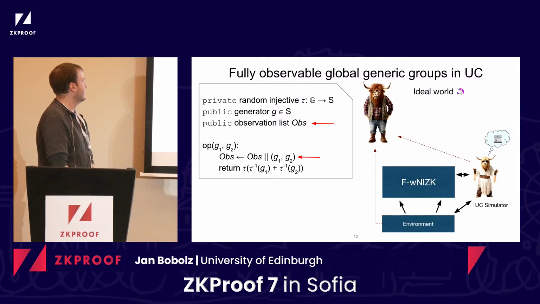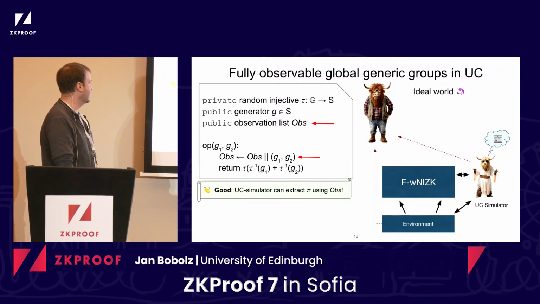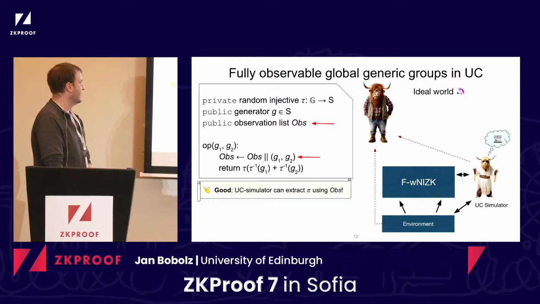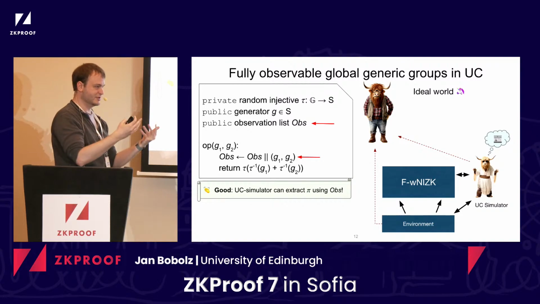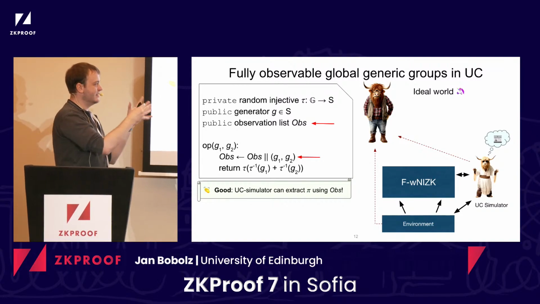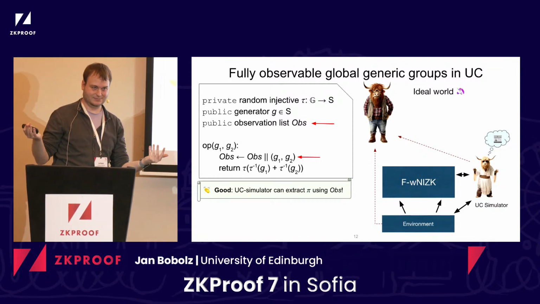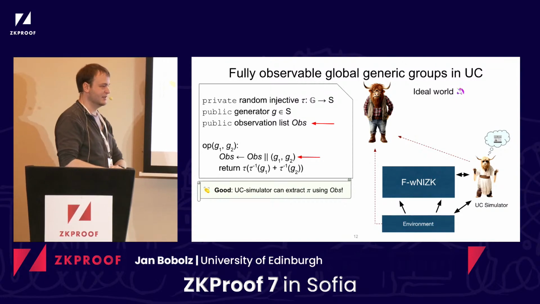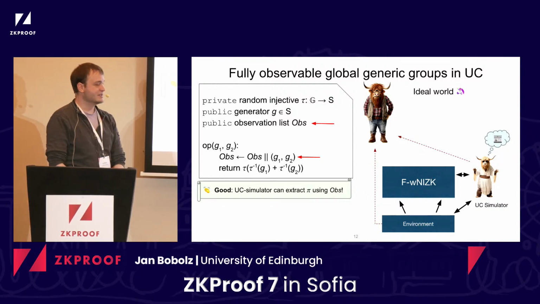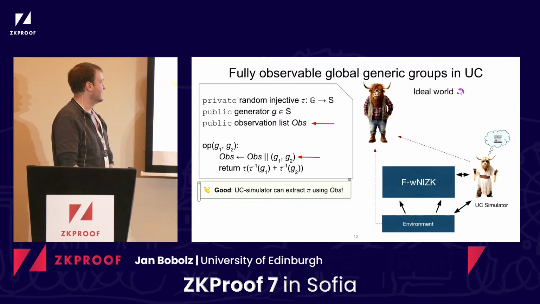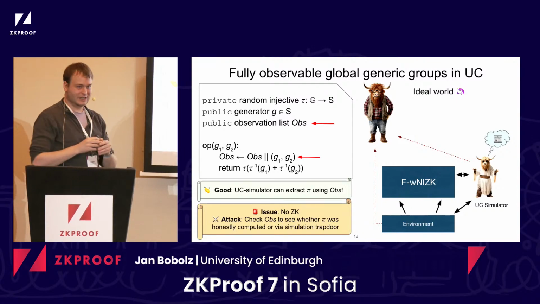Okay. So the good news is that the UC simulator can extract in this scenario. When the environment does this attack that I just mentioned and computes the proof, the simulator didn't see these operations, but it can look at the observation list and see what the environment did, and then do the standard extraction stuff. The bad news is that this is, maybe not obviously, but way too strong. We don't get any zero knowledge anymore,